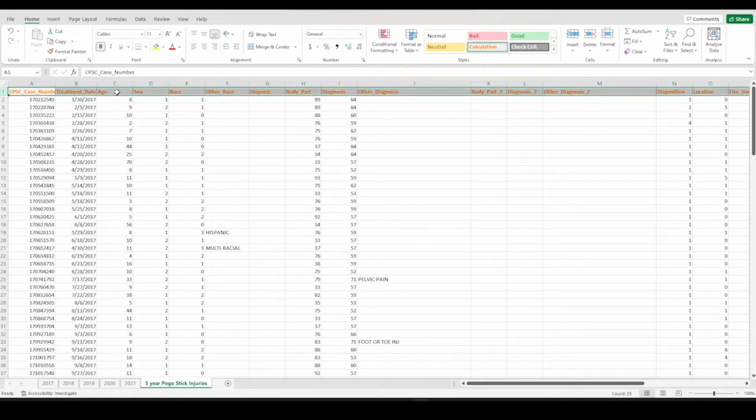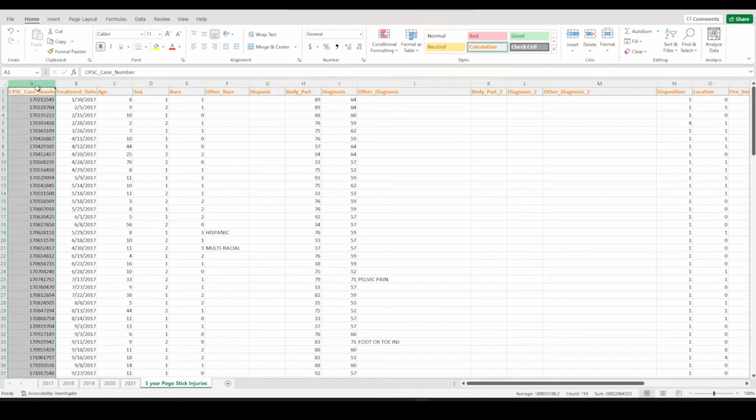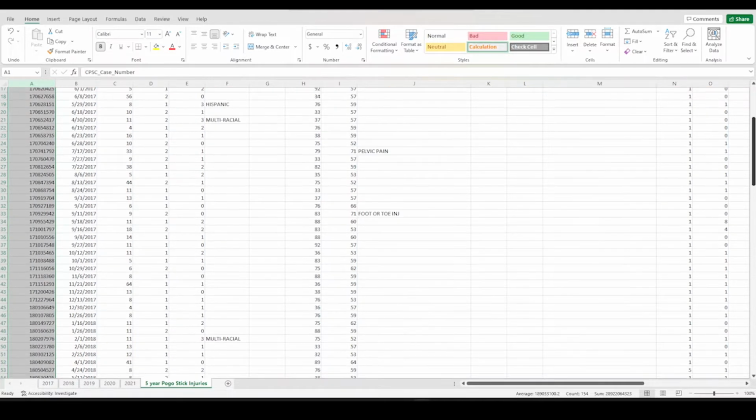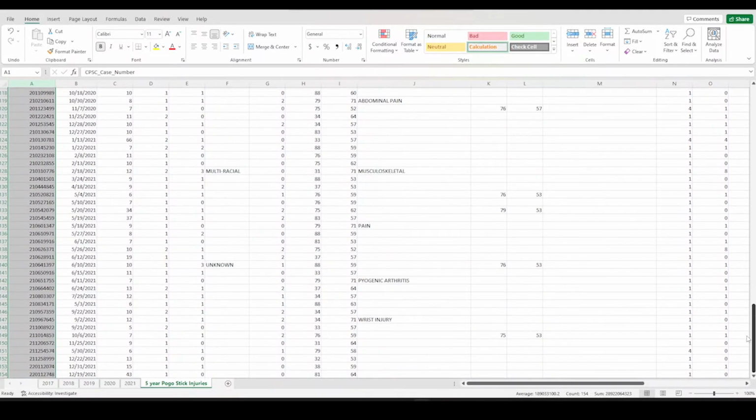And at the top, I just changed the titles just so it looks a little bit nicer. At the top, we have the case numbers, treatment dates, age, sex, diagnosis, so forth, disposition, location. And kind of the easiest way to pull out the number of patients would be just look over here at this column. You can scroll down to the bottom and you can say